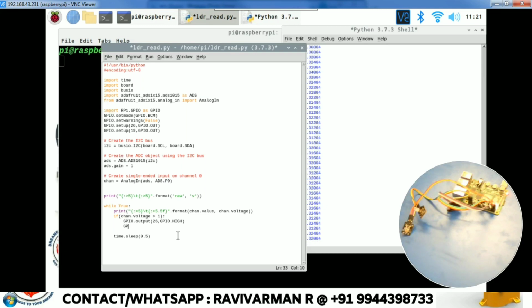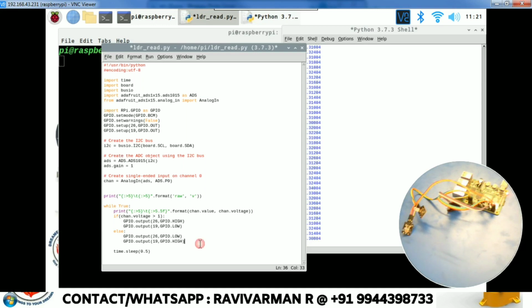And again GPIO.output of 19 should be low. We need to turn on one LED and also take care of the other LED, so it should be low. Else, in the reverse manner, I'm just changing it to low and high.